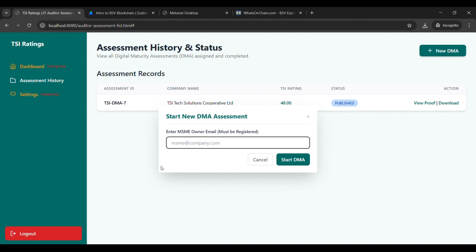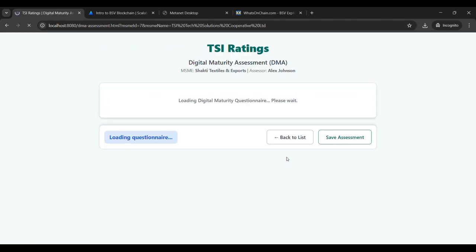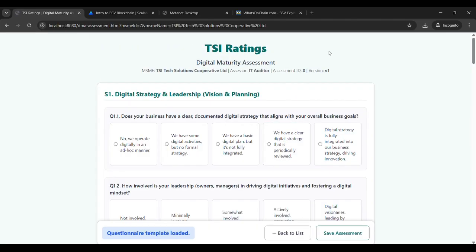When I do, it is asking for the MSME's registered business email. So that will be admin at tsicoop.org. So once it's done, then